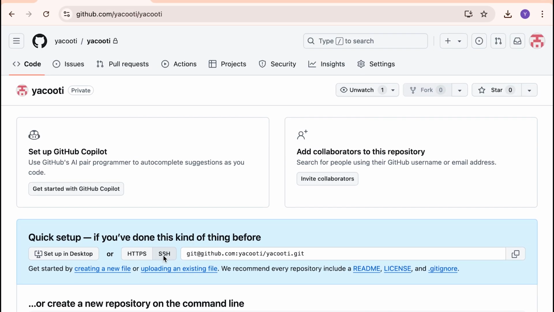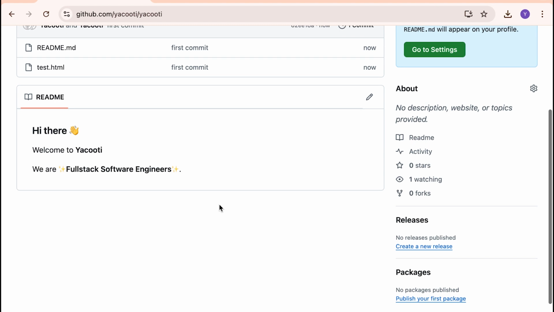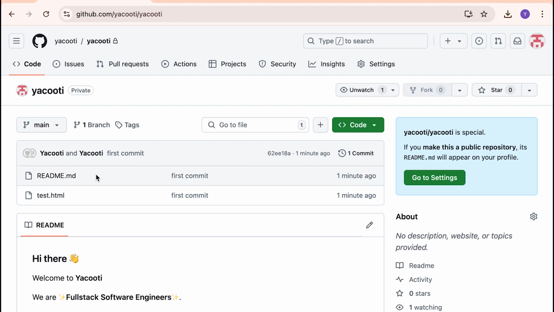And there you go. You're now set up with Git and GitHub, ready to track your code and collaborate with